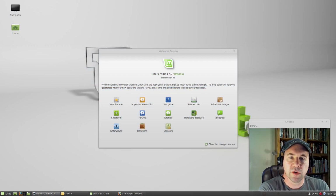Today we've got another Linux OS review. Today we're looking at Linux Mint version 17.2. Now I know a lot of the other YouTube reviewers have beaten me to the punch on checking this out, but I wanted to hold off, wait for the KDE and XFCE versions to come out. Wanted to play around with those a little bit, and I got to do that, and in the end decided